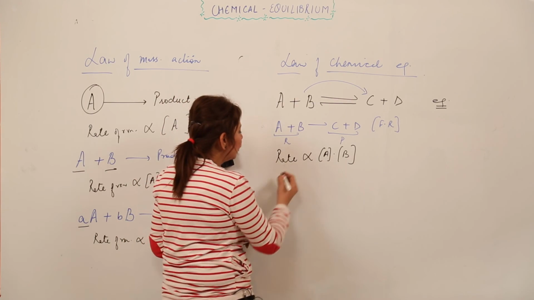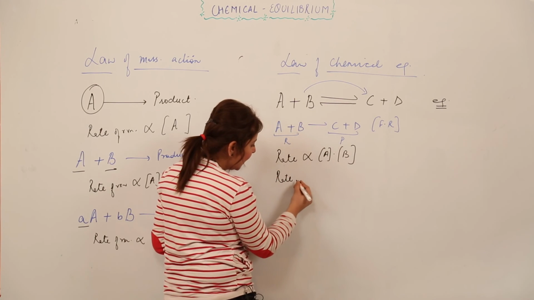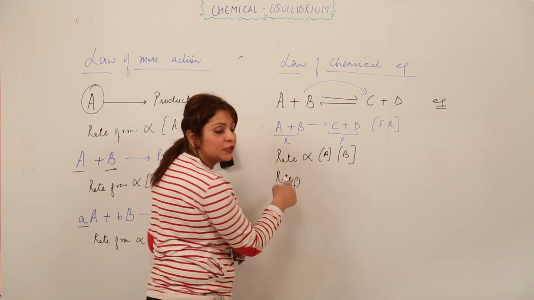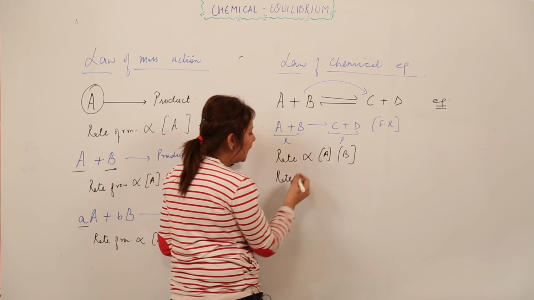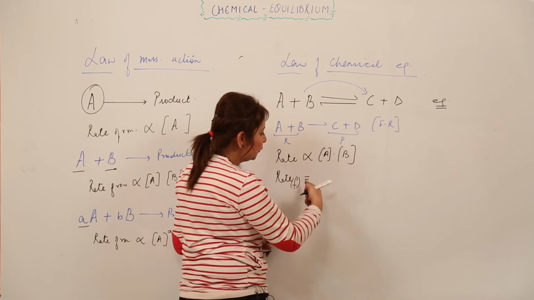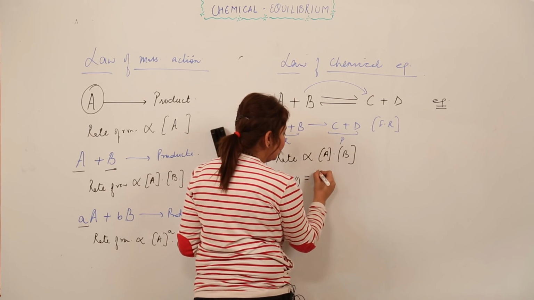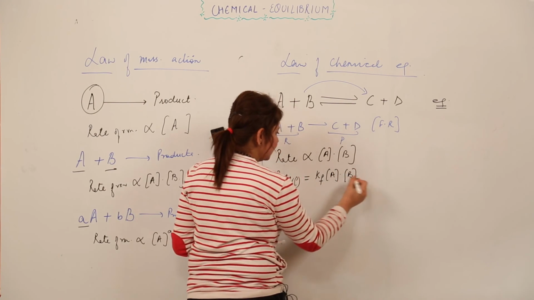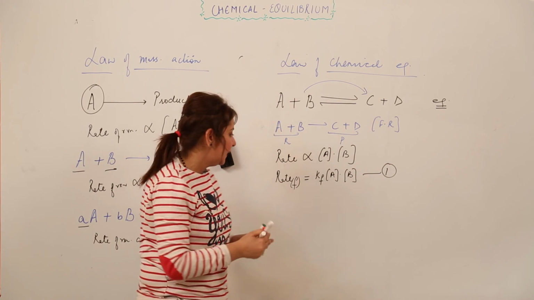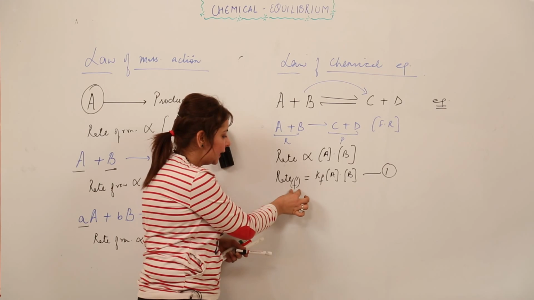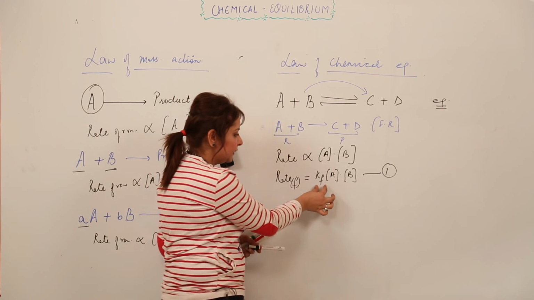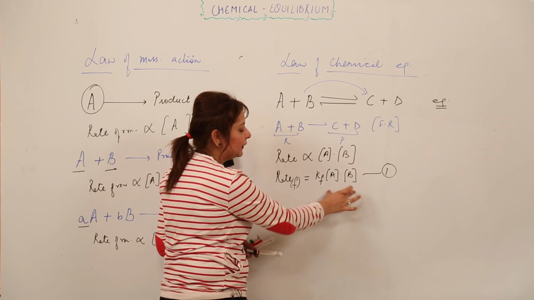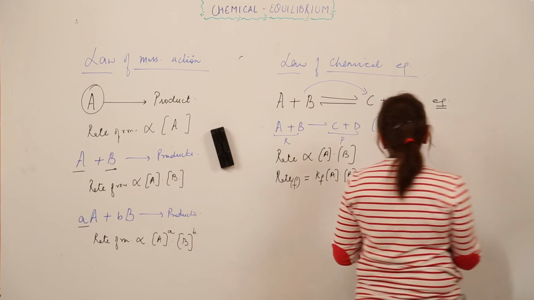Like in this case, I'm writing rate, and as a subscript I'm writing f. This means the rate for the forward reaction, right? So it depends upon, I'm converting the proportionality sign into the equal to, and I'm just writing the constant for that also. Forward reaction, product of this and this. I think it's okay with you now. You know how to write it. I've just written the rate, and the subscript f means rate of the forward reaction. This is the constant for the forward reaction, concentration of A and the concentration of B, because these are the reactants, right? Now I'm writing it for the backward reaction as well.